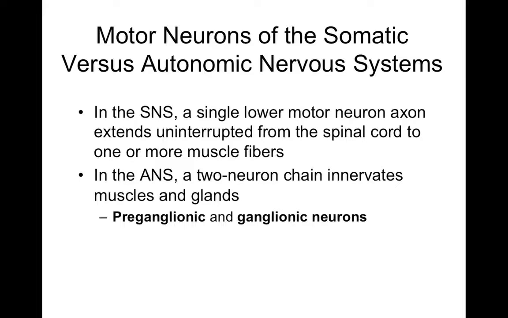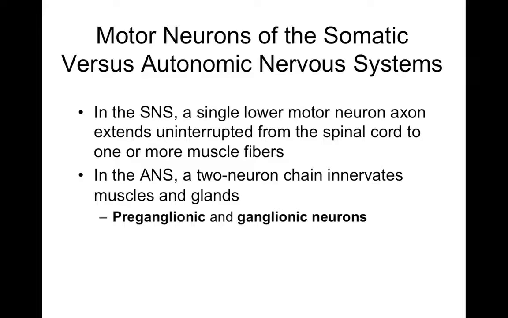But remember, we said that in the spinal cord, in the thoracic region and the superior lumbar region, you found lateral horns. Remember, the lateral horns contain the cell bodies of autonomic neurons, but more specifically now, lateral horns contain the cell bodies of preganglionic neurons. Their axons then exit the spinal cord through the ventral root. They go out through spinal nerves and then synapse on a postganglionic neuron somewhere in the peripheral nervous system.